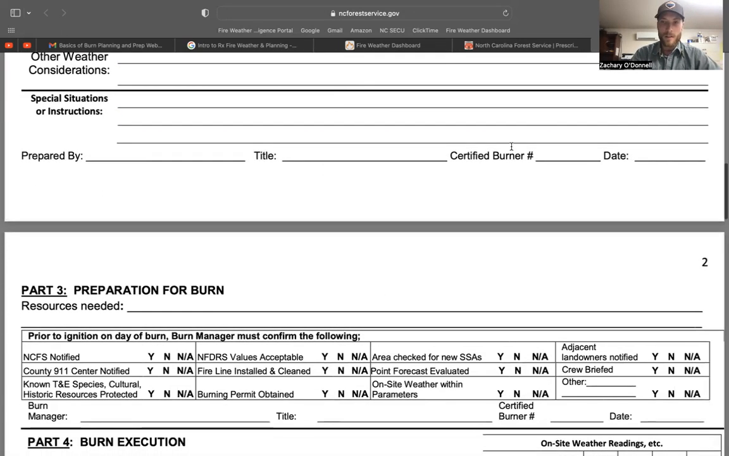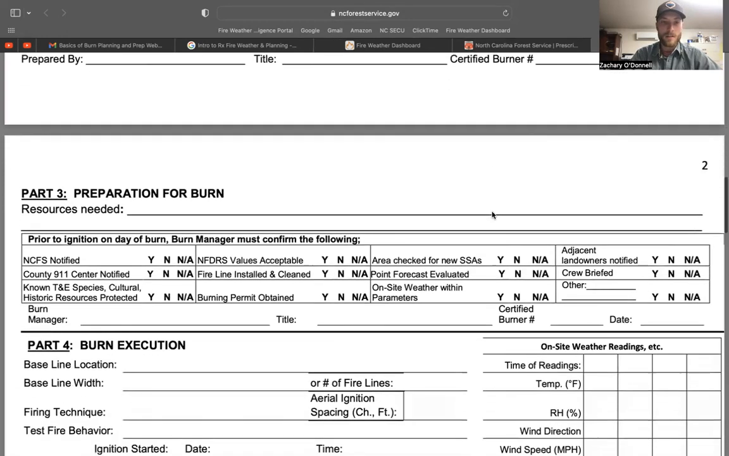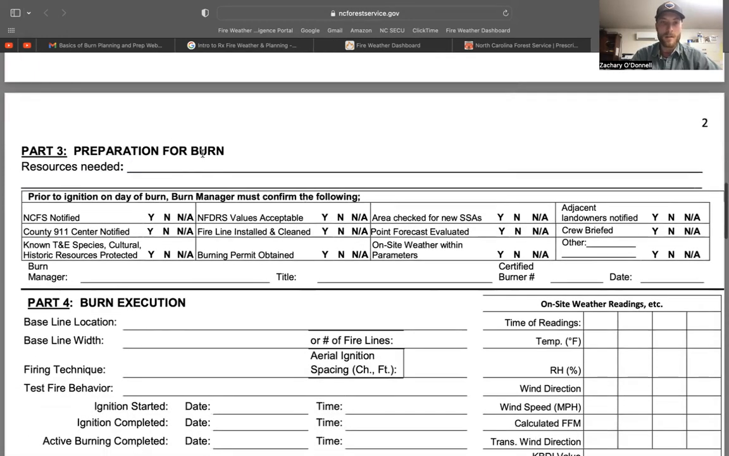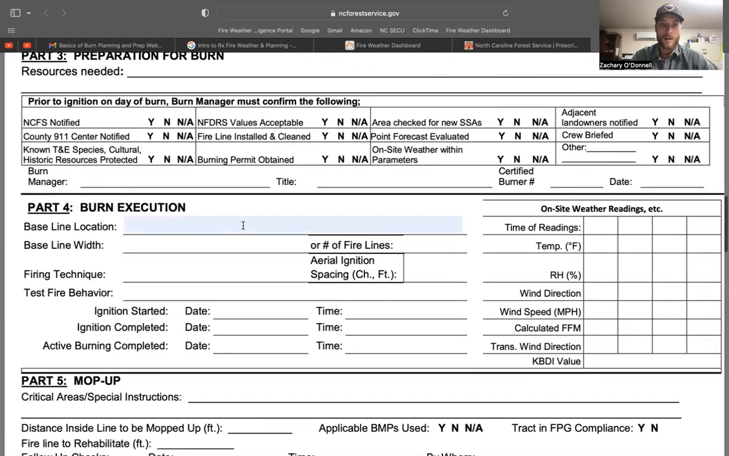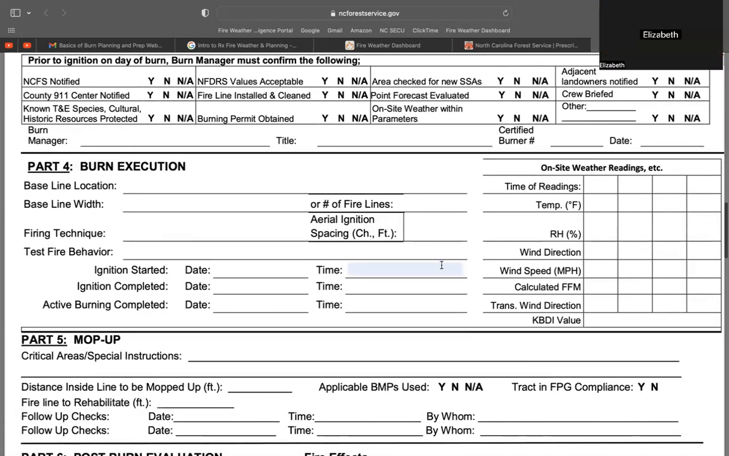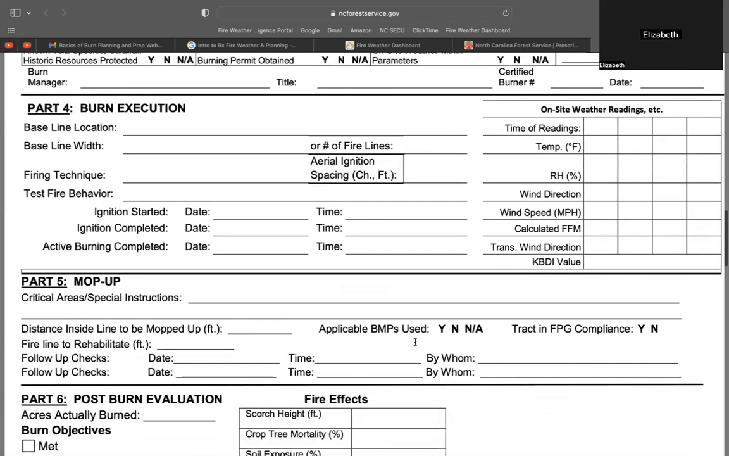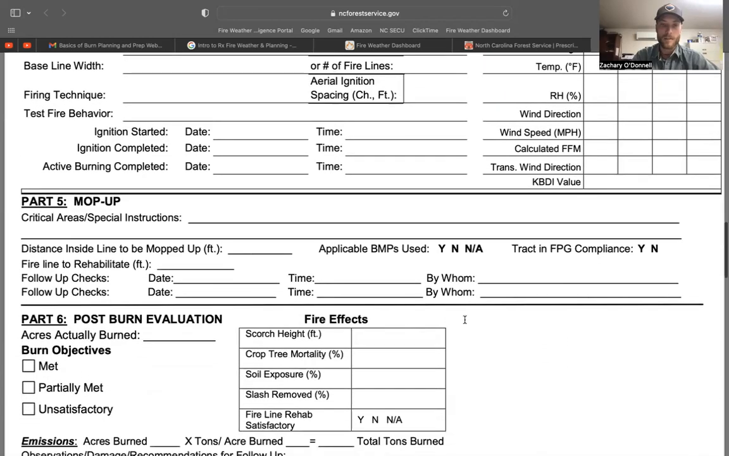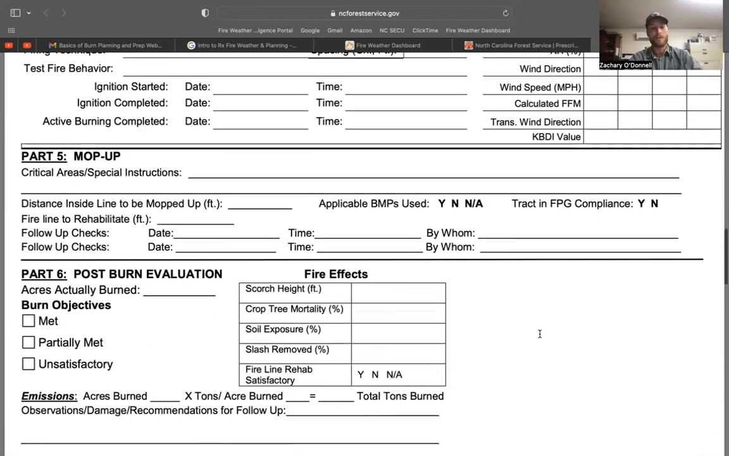And then this is where you can get your certified burner to sign off. And it's also cool at the bottom of this burn plan, it talks about your resources needed, your prep for your burn, whether you've notified 911, North Carolina Forest Service. And then you've got kind of like a burn execution checklist and a post-burn evaluation that you can